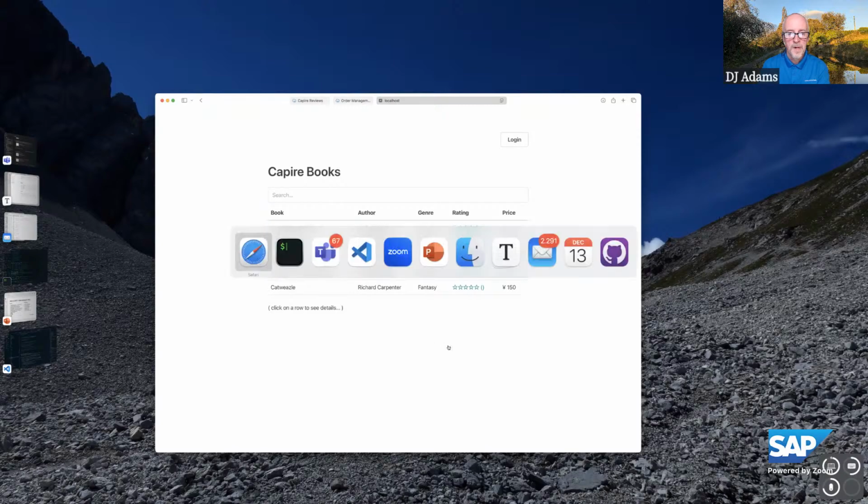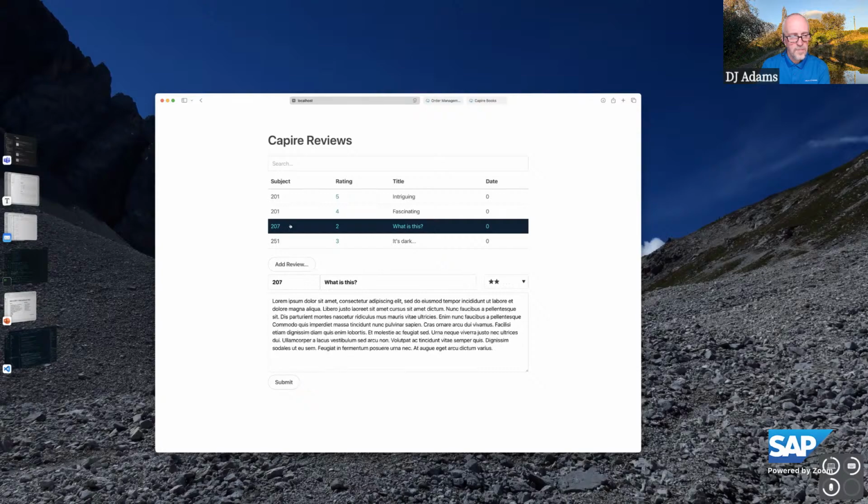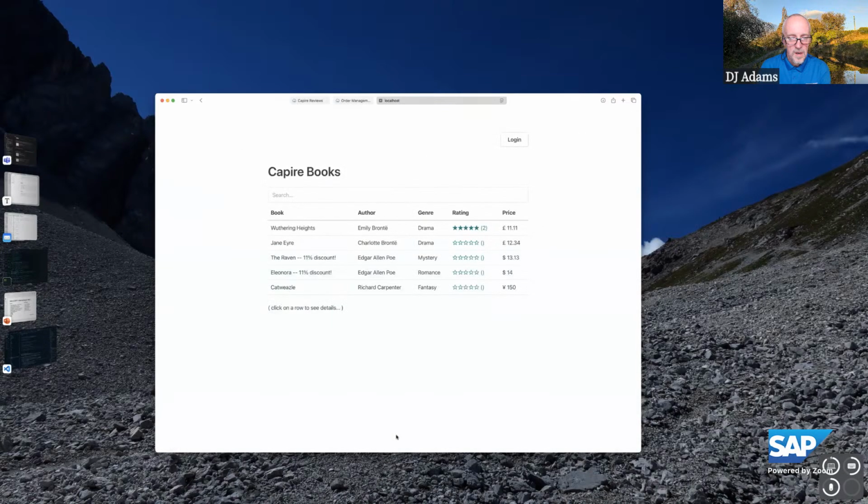So let's do a similar thing on the author one, like maybe that one. Just say it's now 3, and now that one has the average rating of 3.